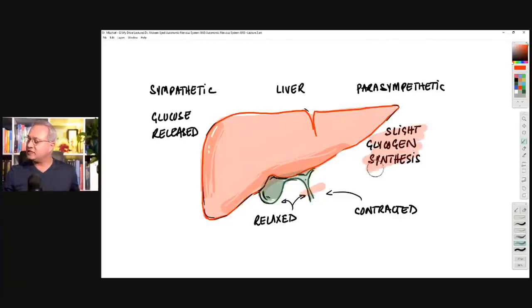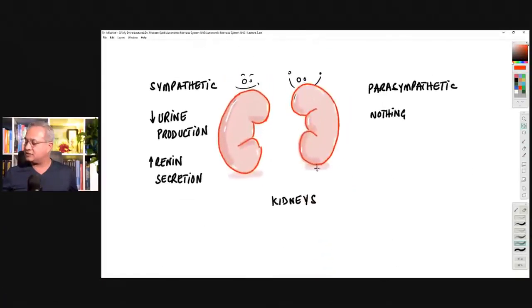Parasympathetic, there is slight glycogen synthesis. Opposite of making glucose available is to store glucose. That is called glycogen synthesis. So in the parasympathetic system, when we have eaten food and we are resting, the liver is going to start storing by doing glycogen synthesis. So imagine the liver is the fuel tank of the body. If the car is running fast, the liver has to provide fuel. And if the car is stopped at a gas station, then the liver has to get stored food. So that is a difference. I love the parasympathetic and sympathetic system and their behaviors.